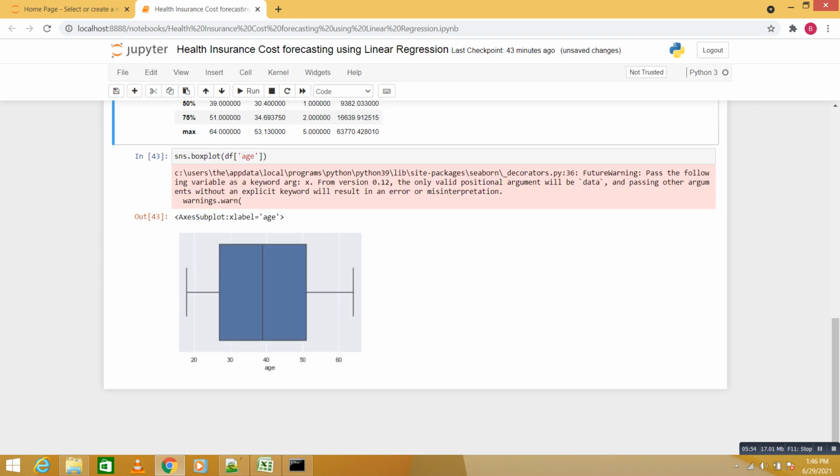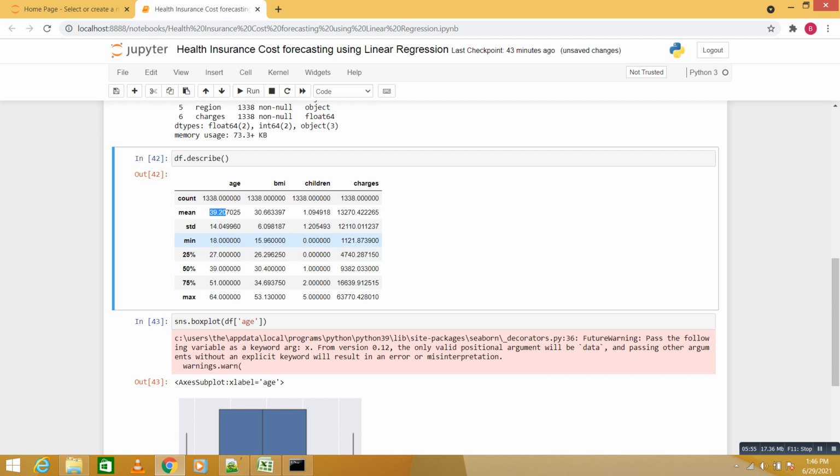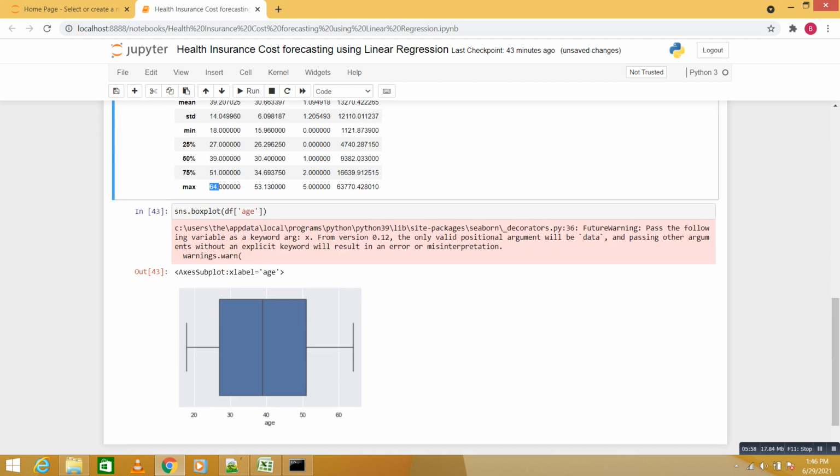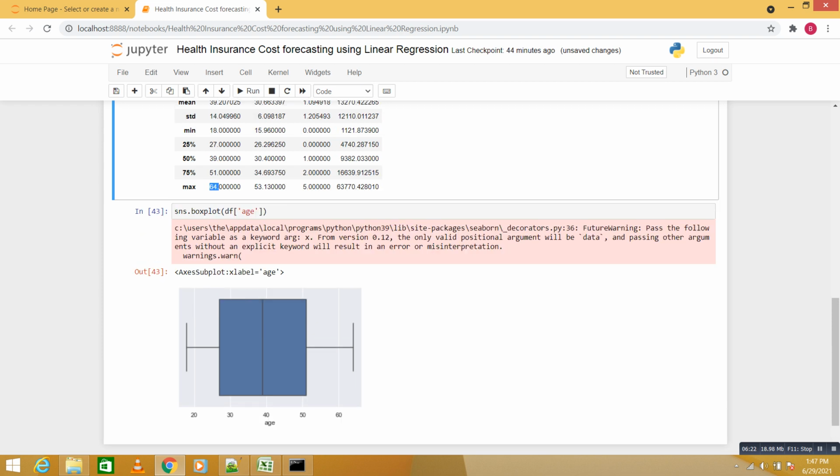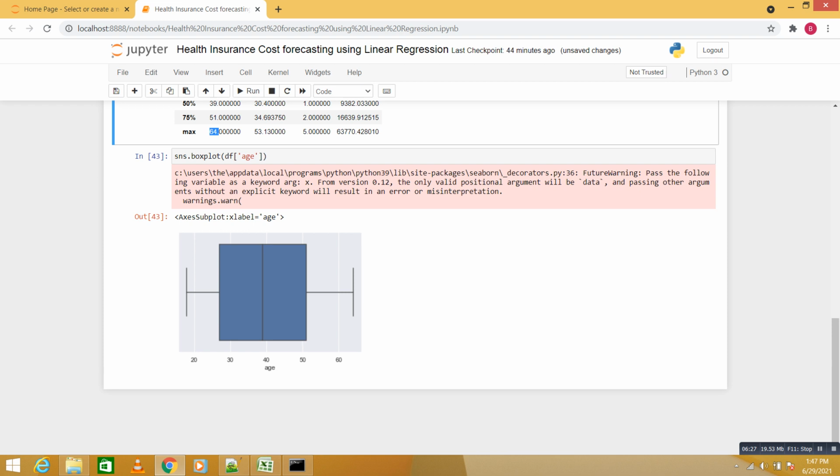The minimum value is 18 and the maximum is 64, so apart from those values, anything beyond would be an outlier. Our data lies between those two points, so for age there is no outlier, and the mean is 40.